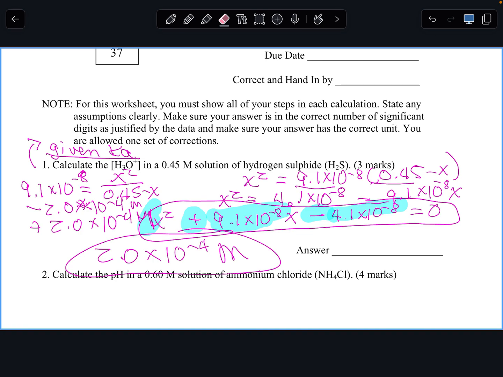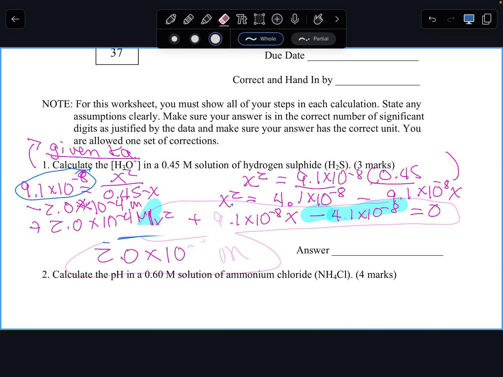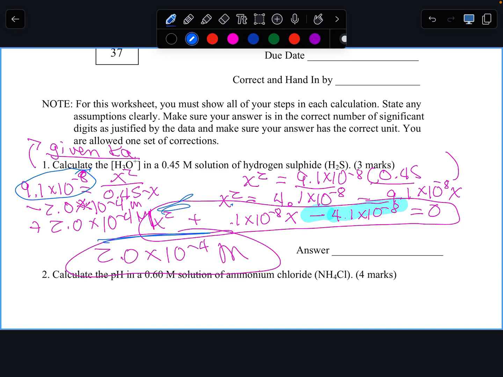Do you agree that this number right here is very small? Yes. That is a very small number. Because it's very small, we are allowed to do the following. We're allowed to get rid of this minus x right here, and we're allowed to get rid of this minus x everywhere around here. I'm going to erase all this. And our new equation, when we ignore those,